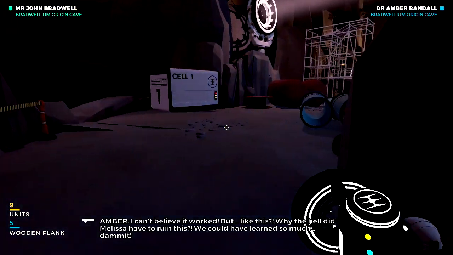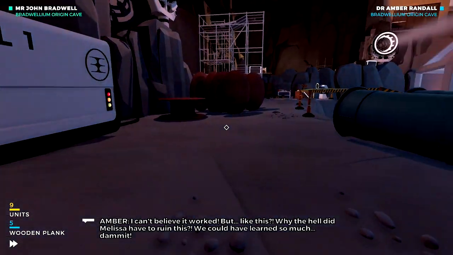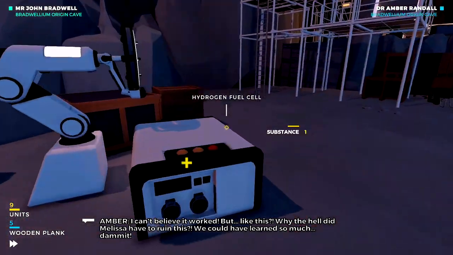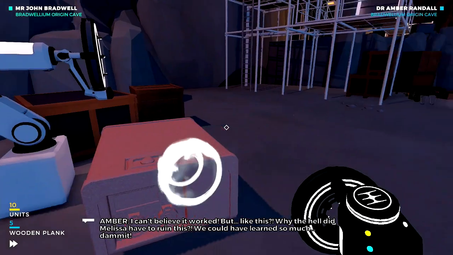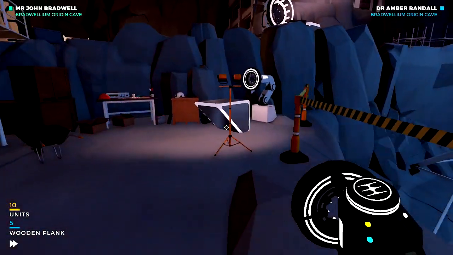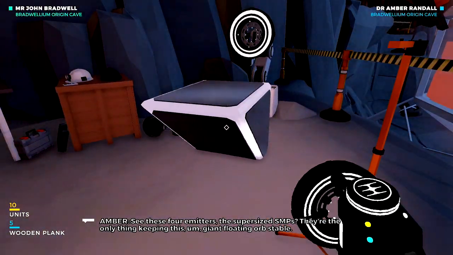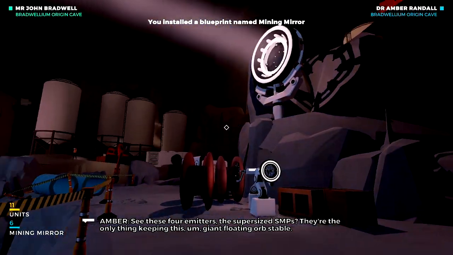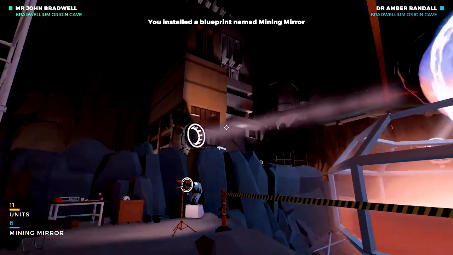And you'll notice that it says cell number 1. So there's like 6 or 7 of these cells kind of littered around. All we want to focus on is cell number 1, 2, and 3. We'll have to kind of destroy them in order. So make sure you pick up the mining mirror here. Pick up the fuel cell for extra substance. I have 11 units. I don't even think I use half of them, but it's always good to have them